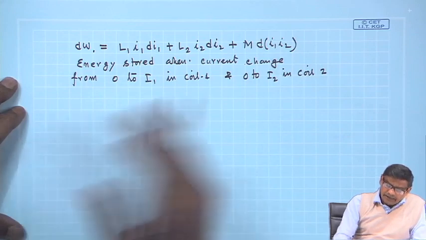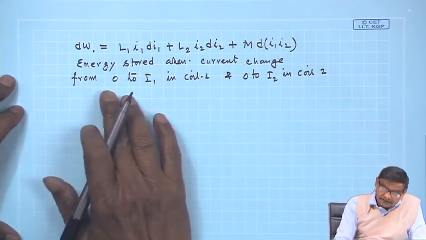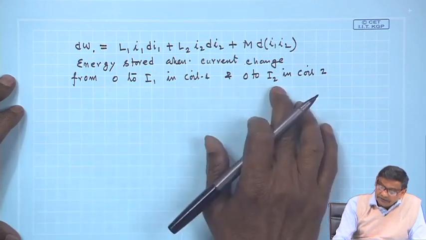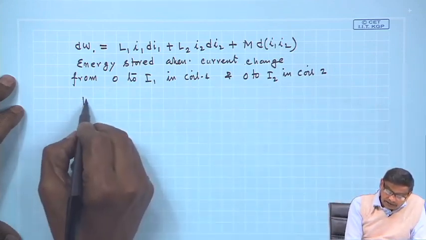In that particular time interval, if current changes 0 to I1 in coil 1, 0 to I2 in coil 2, then total energy stored